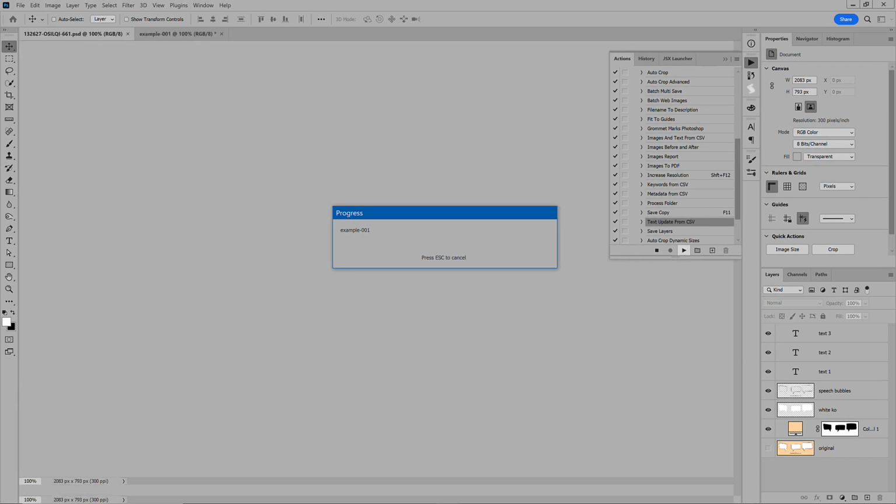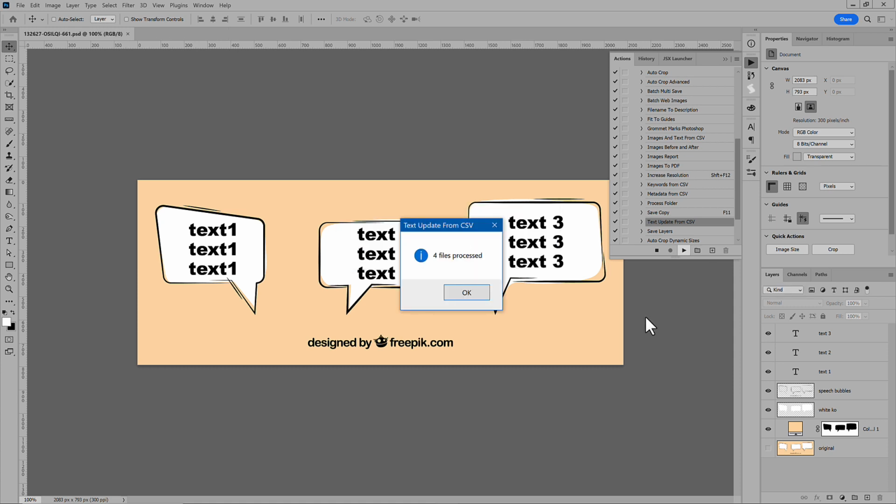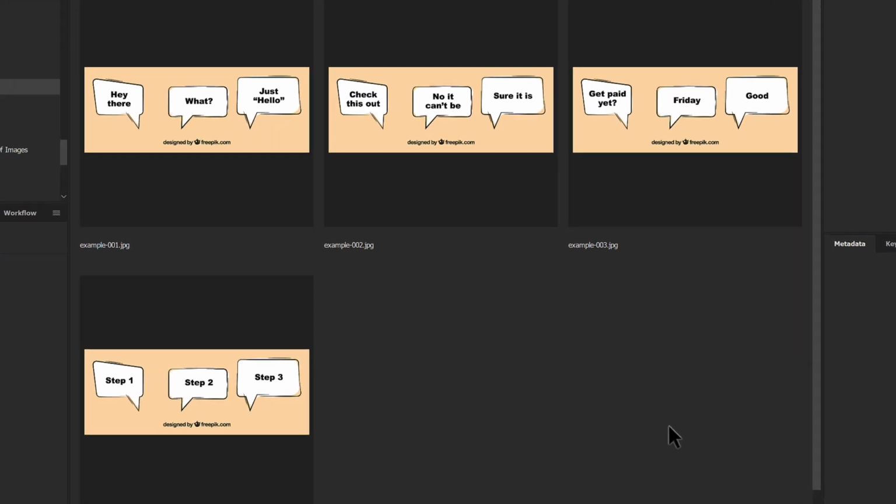For each row of the spreadsheet, each layer name that matches a spreadsheet column for layer has its contents updated to the following column for text. The layer itself is not replaced, only the contents, to preserve any effects applied to the placeholder text. Once all text is updated, the result is saved with the name in the column for file name. This column is the base name, the name without extension. The format chosen determines which extension the script adds to the base name. Once done, have a look at the results in Bridge.